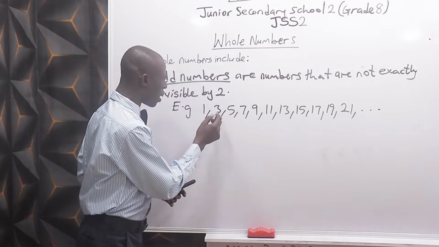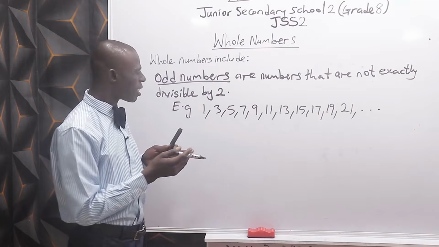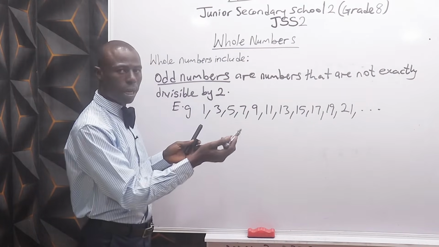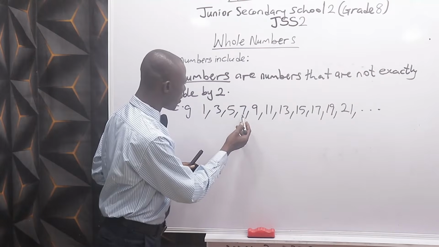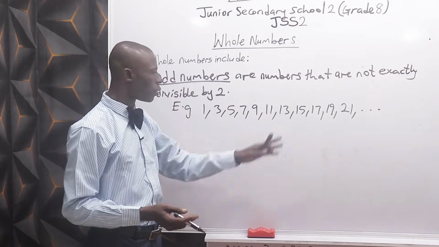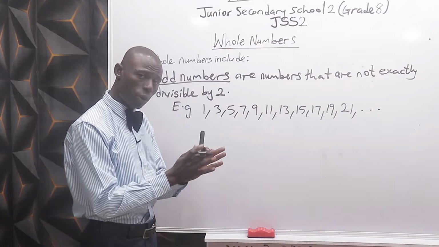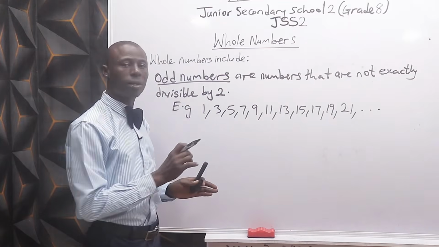The difference between 1 and 3 is 2. The difference between 3 and 5 is 2. That is, if you subtract one from the other through positive difference, the difference will be 2. The difference between 5 and 7 is 2. Between 7 and 9 is 2, and so forth. If you don't jump, you make them consecutive, the difference between any two consecutive odd numbers will be